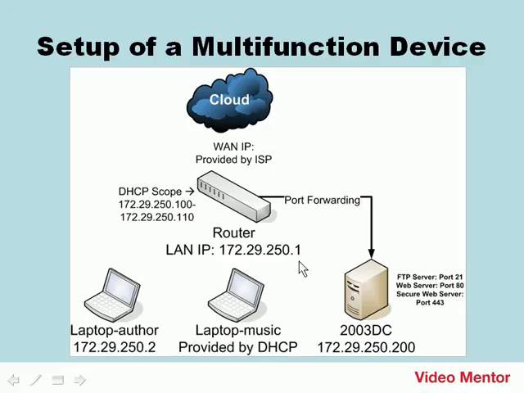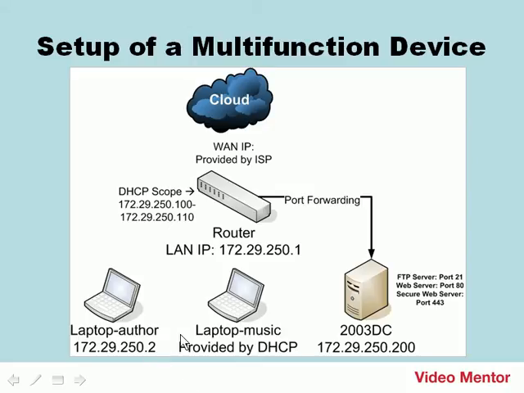On the LAN side, though, I'm going to assign an IP address to the router. Now, by default, the router uses 192.168.0.1, but of course, I have to be different, so I'm going to use a Class B private IP. The network is 172.29, and so the address I'm going to use is 172.29.250.1. The laptop I'm working on now, I'm going to assign statically, and we're going to assign the .2 IP